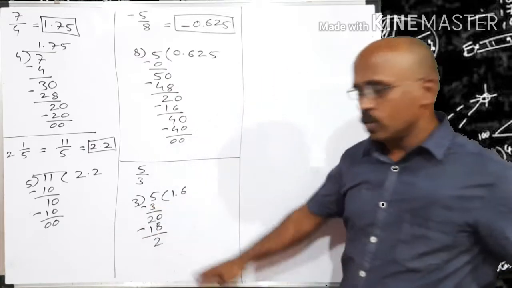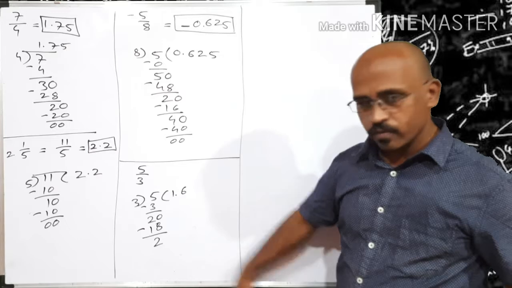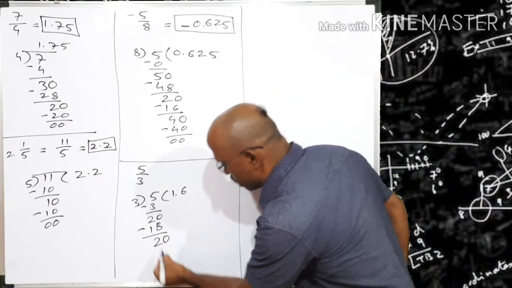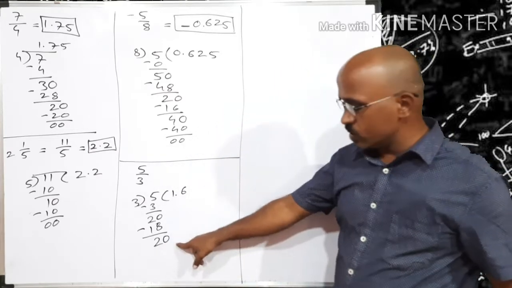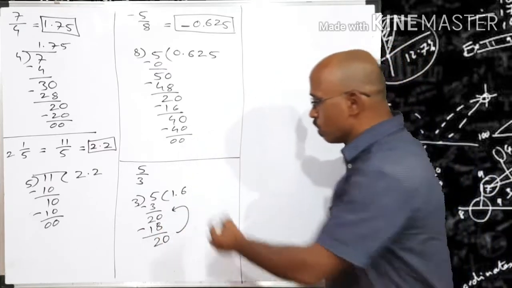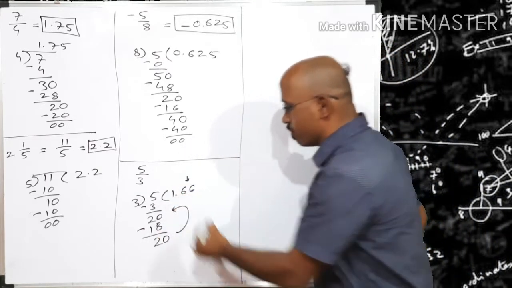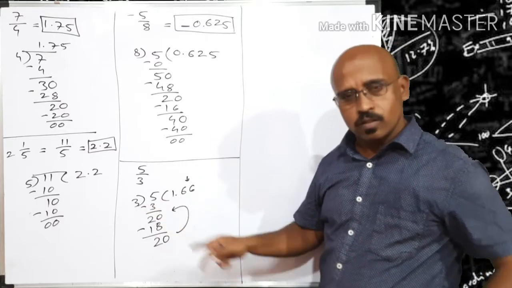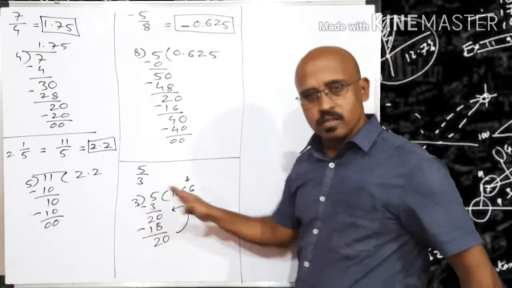2 is the remainder. What will happen in this case? Once again we have to append 0 after it. So the new remainder is 20, which is exactly the same as the old remainder. So once again the quotient will also be the same, because 3 6s are 18, we can only divide by 3 6s are 18.